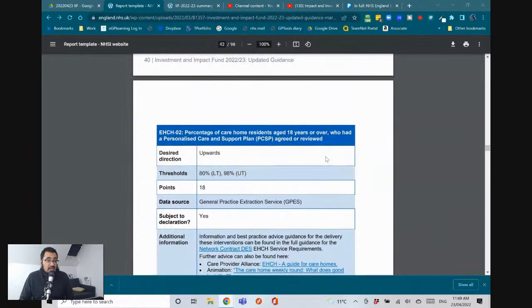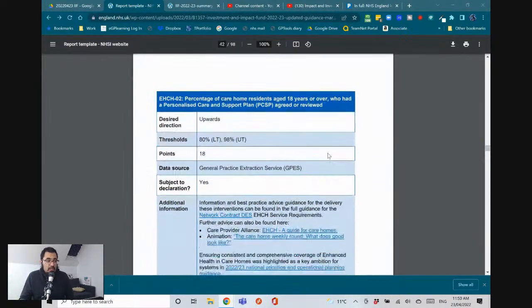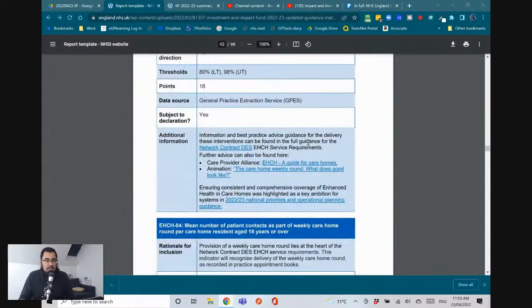It's an upwards trend, 80% lower threshold, 90%, 98% upper threshold, and it's 18 points. And again, information to the GPS service. This sounds quite challenging. Important to note, this massively dovetails with the next criteria, which is the patients having their